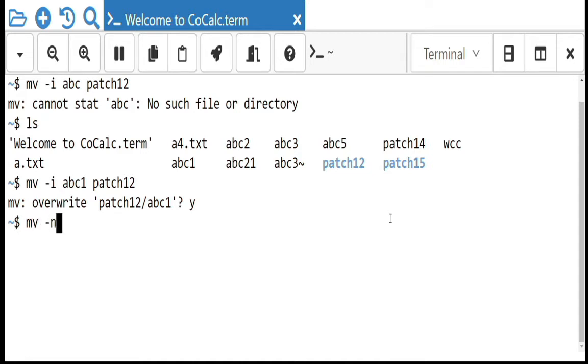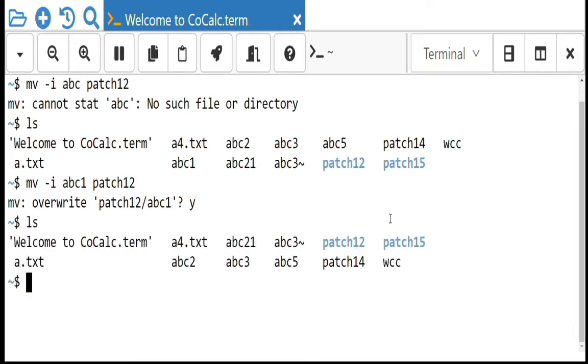With the -n option, mv prevents an existing file from being overwritten. For example, with ls we have all these files. Now I want to move to patch12, so a1.txt, a5.txt, and abc1 is already there. To prevent an existing file from being overwritten, you use the -n option.